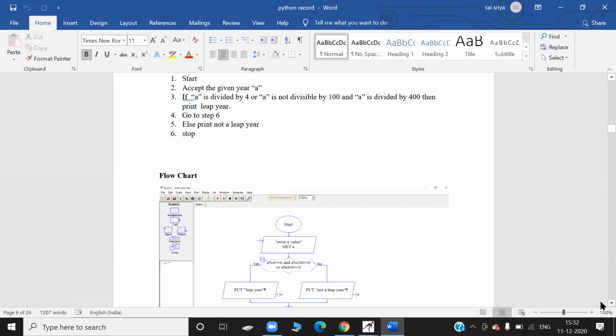For example, in the second step you said accept the given year. Instead of that, you say the given year as a variable. Assign is a keyword that you use. Assign year to A, like that. You need to write with symbols, which I have shown you earlier. I think I have given this example, right? How to write a pseudocode with small things like A plus B for addition.